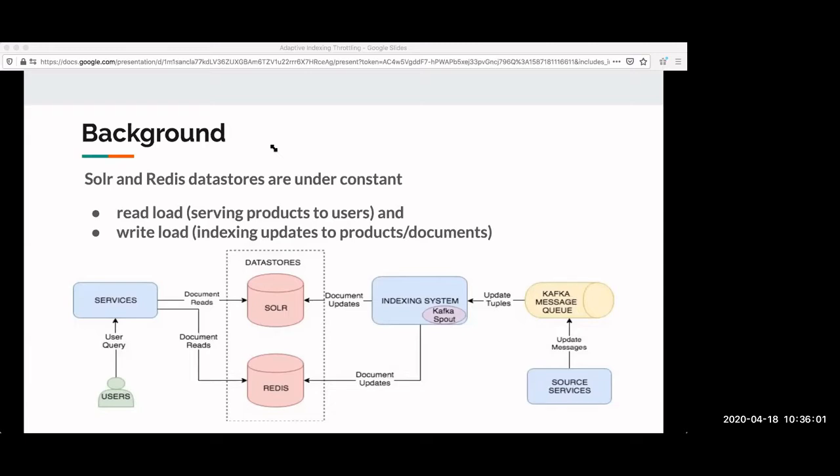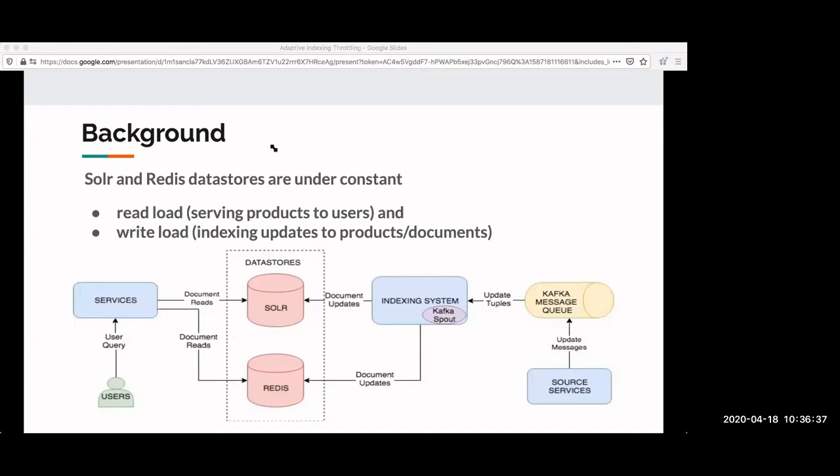Those systems are constantly pushing updates to a Kafka queue. They say change the discount for this product from 40% to 50%, from 50% to 60%. That's an update on a document for us, because every style or every product is just a document for us, so we have to update those fields. Those updates are pushed by the source services into the Kafka queues. From the Kafka queues, we have an indexing system. Our indexing system consists of a Storm cluster, which is responsible for consuming the messages from Kafka and making updates to our data stores.